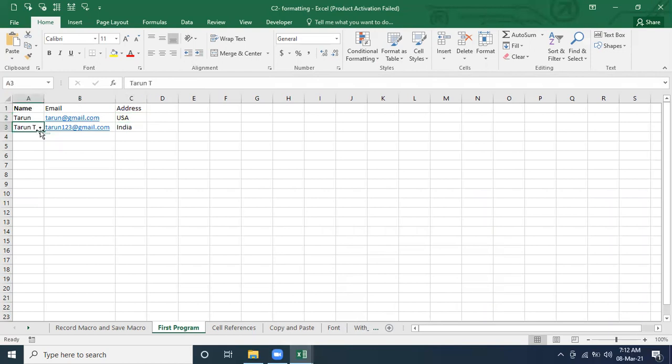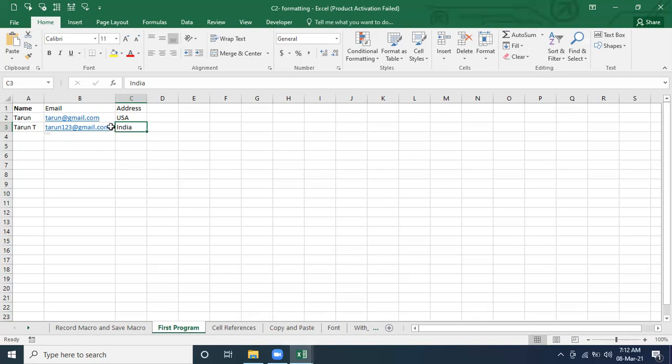So what we have to do is first identify that email ID. With the email ID we are going to search with respect to this cell, wherever you want to make changes. If you want to make a change to the name, we can do it. If you want to change the email ID or the address, we can do it.